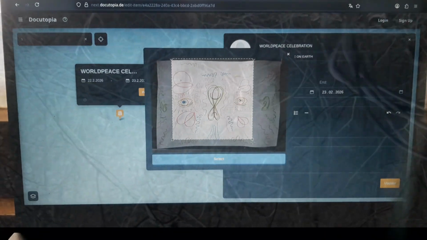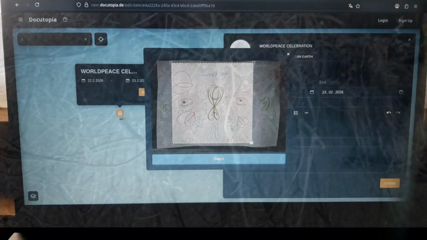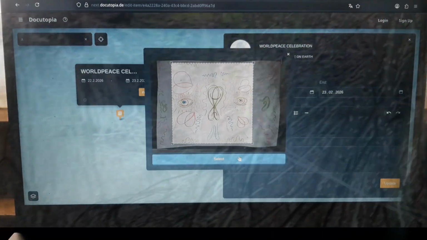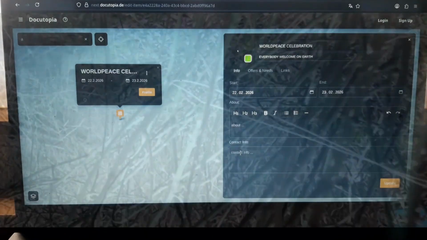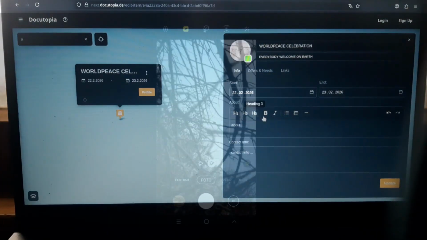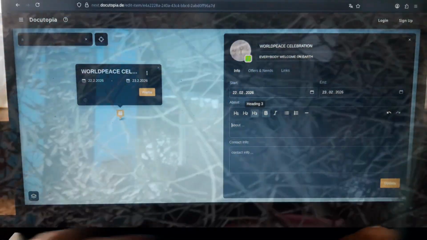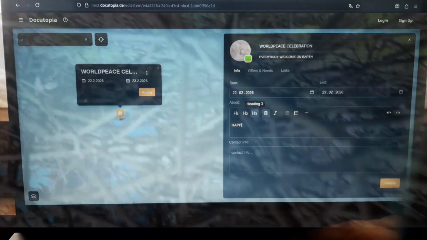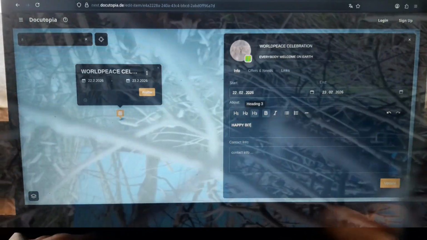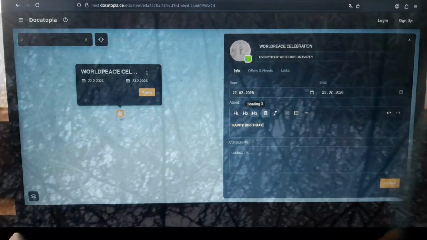2. Gamification of eco-social actions. Quest Game, gamified experiences for social and environmental change. Docutopia aims to gamify the process of engagement in eco-social issues. The Quest game is a system where users take on challenges or missions related to sustainability. These can range from tasks like reducing waste, planting trees, raising awareness, or volunteering for a local cause.